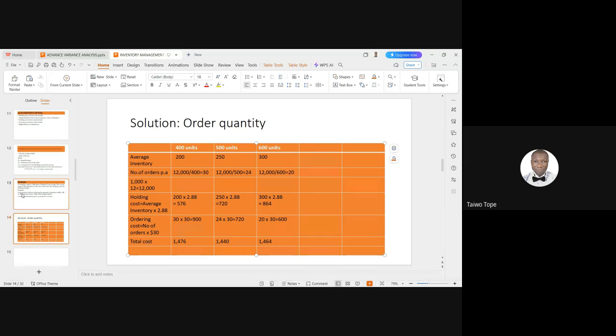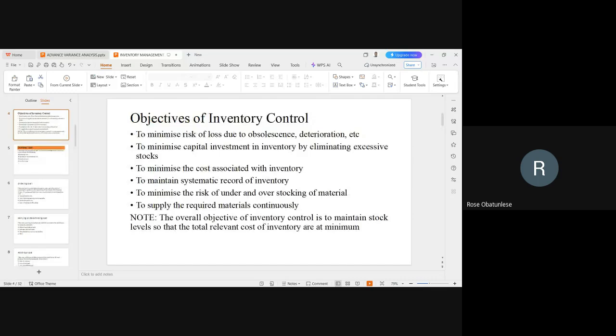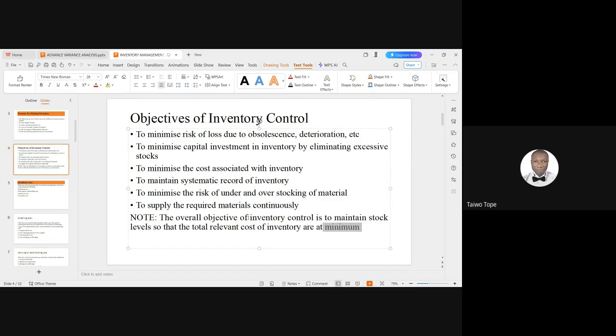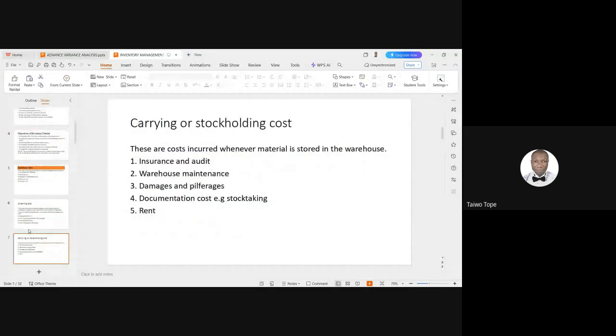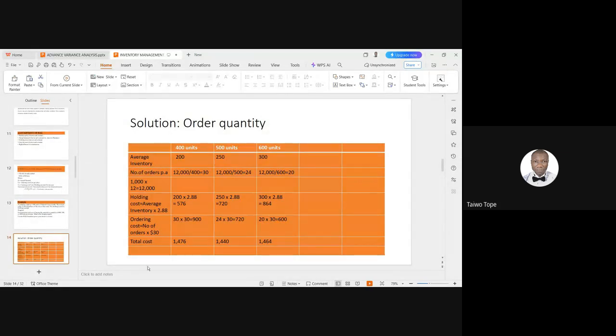And that is where I said note the other time, that the overall objective of inventory control is to maintain stock levels so that the total relevant cost of inventory is at what? Minimum. At minimum. So now the minimum from our computation